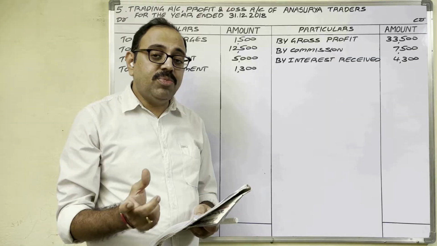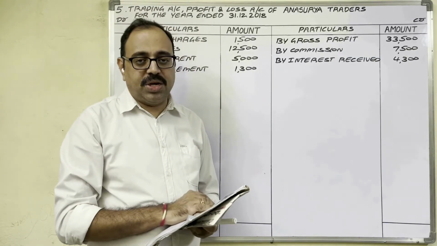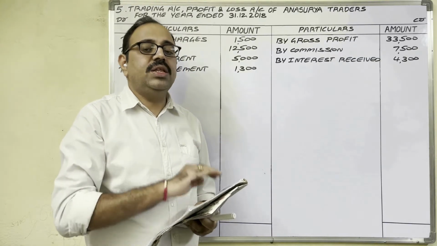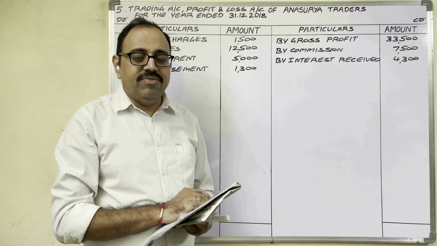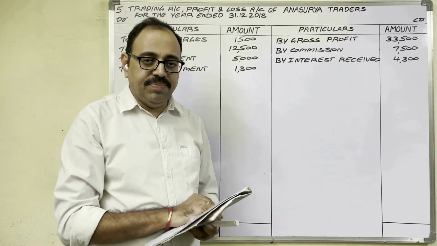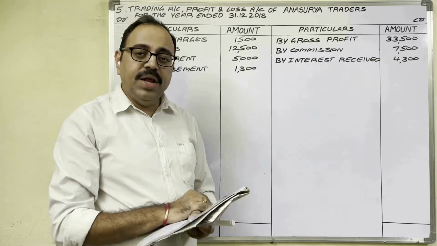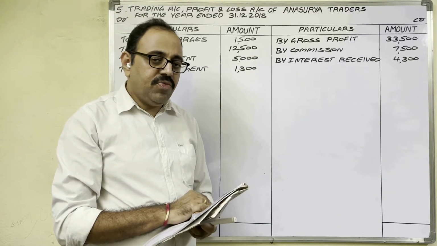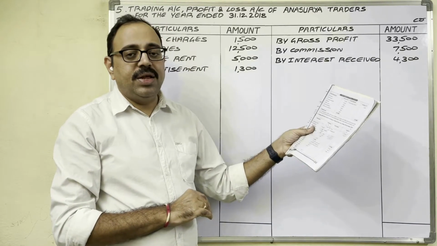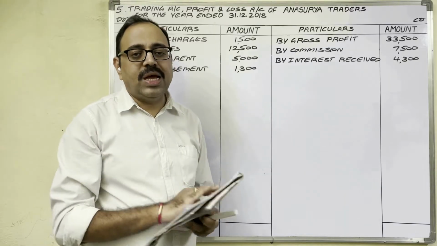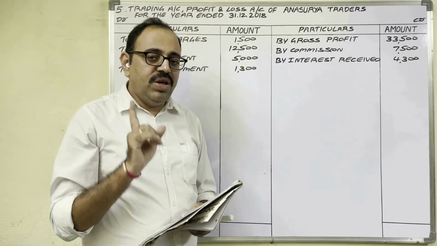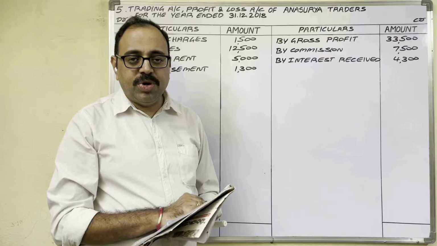Means already this amount is considered while preparing the salaries account. So after considering this outstanding salary, the final salary amount is given here. That amount we have already taken on the P&L account debit side. Therefore, this outstanding salary we need not adjust to salary. So only one time you have to show this trial balance amount now.